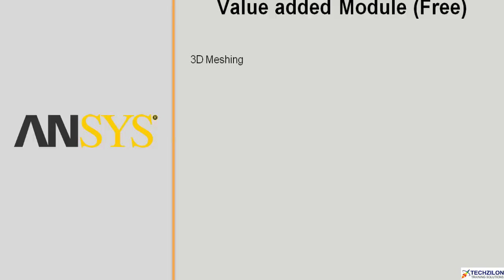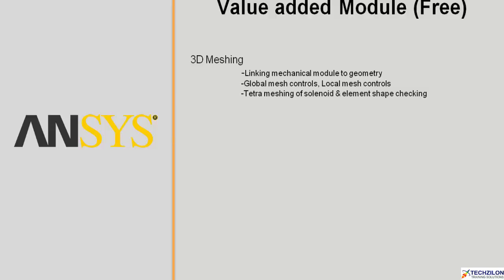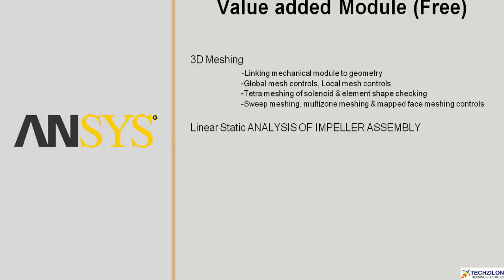We will then move on to 3D meshing, where you will learn linking mechanical module to geometry, global mesh controls and local mesh controls, tetra meshing of solenoid and element shape checking, sweep meshing, multi-zone meshing and map face meshing controls, linear static analysis of impeller assembly, under which you'll have applying loads and boundary conditions, using coordinate systems, running